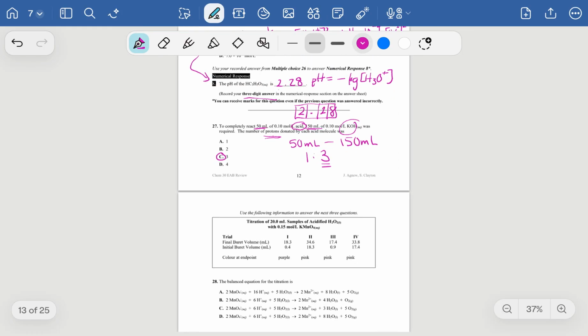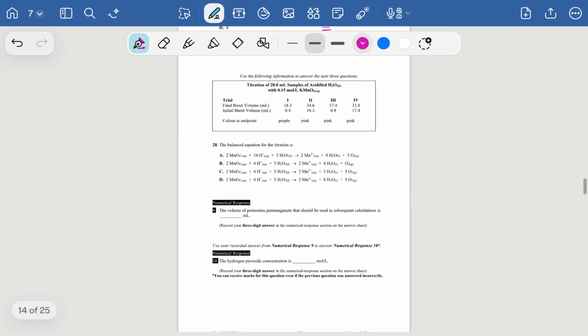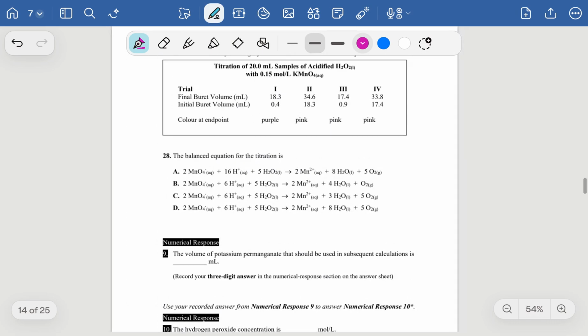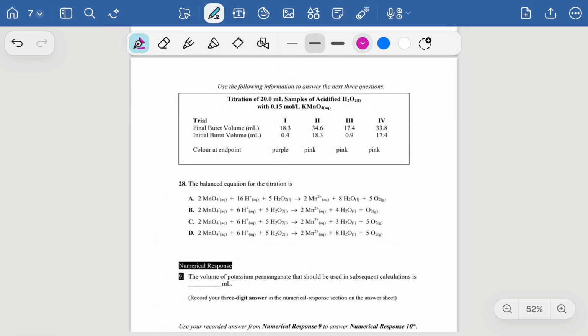Moving on to question 28, and also I didn't love that this question was in this section, because this is actually a redox question. So it brings us a little back to our last electrochem unit, and when you're doing this, you do want to take a look at what's reacting. And you probably did this reaction in a lab, because it is a very common one asked in Chem 30, where you have acidified H2O2 and KMnO4. Now you'd want to find your